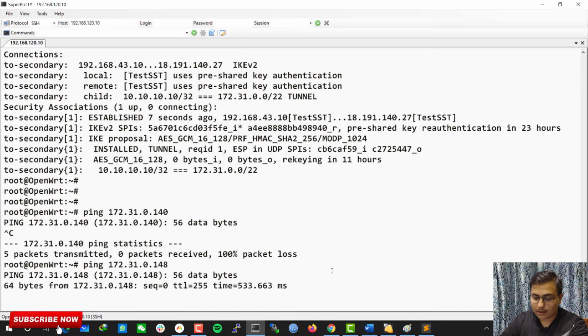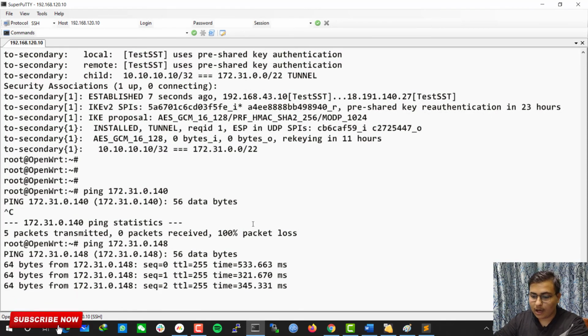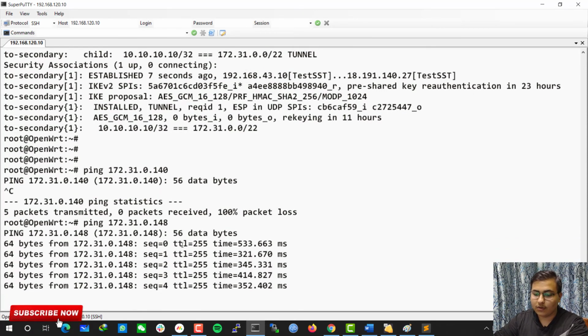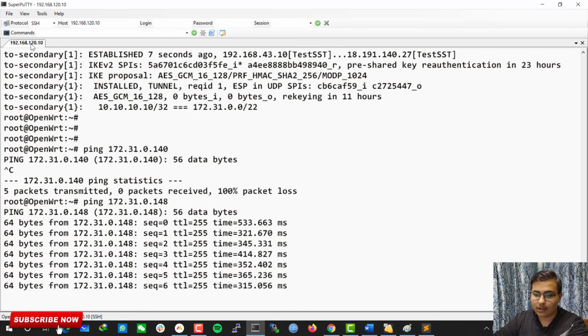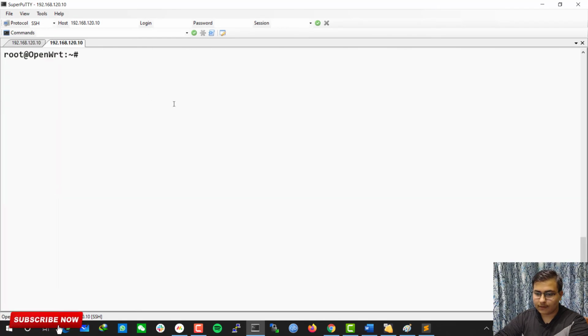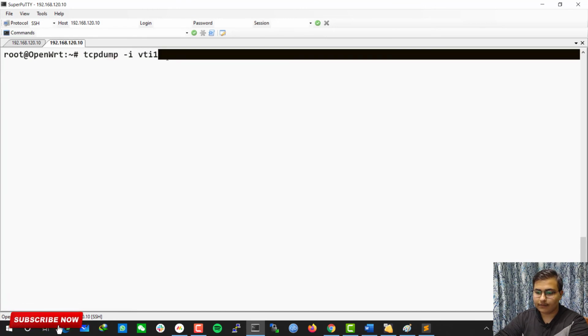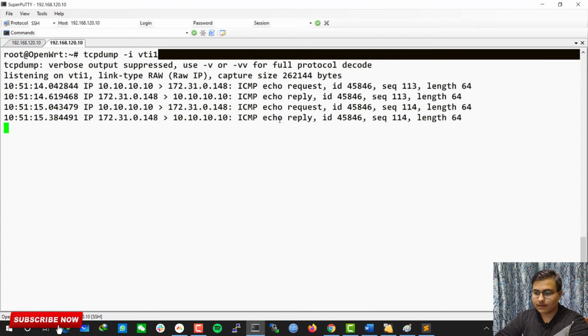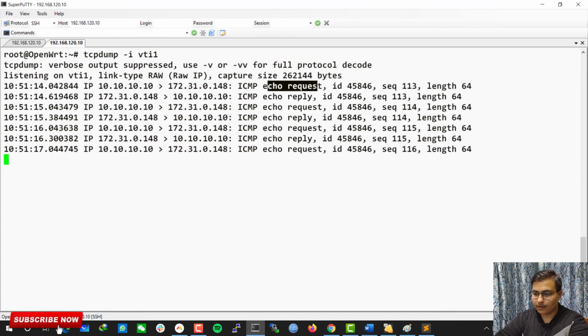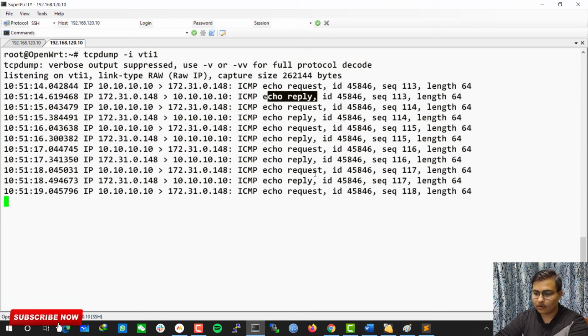Yeah, it is pinging. Now we will check whether it is going via VTI or not. On another interface we will start a packet capturing tool called tcpdump on the VTI interface. Yes, the packets are going through VTI, echo request and echo reply.